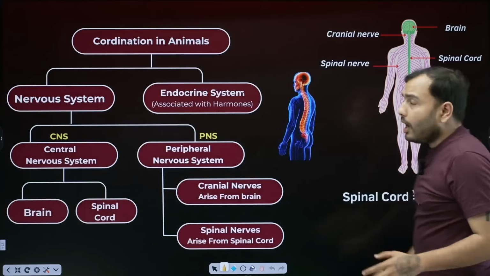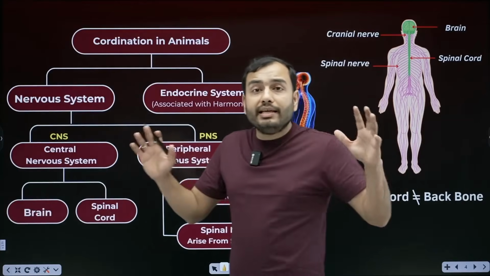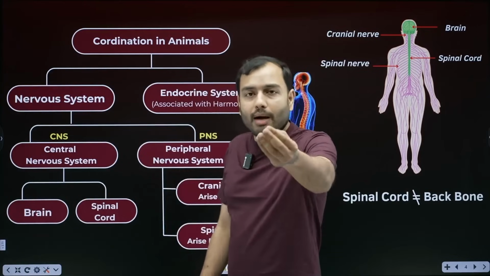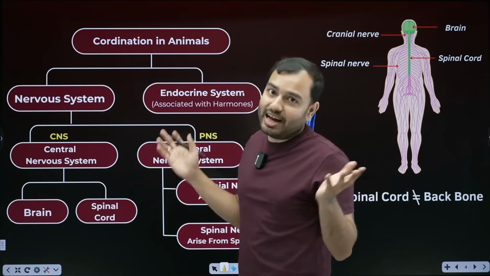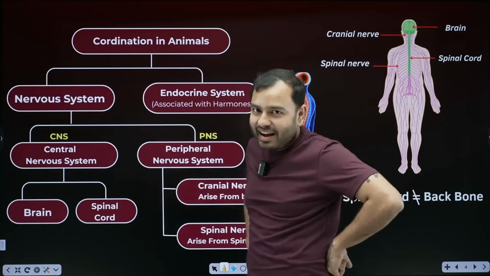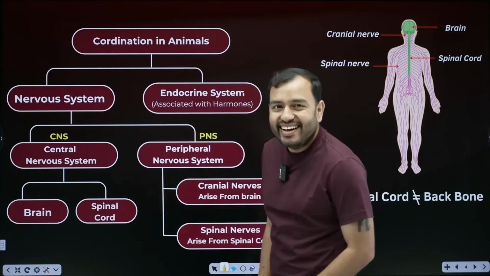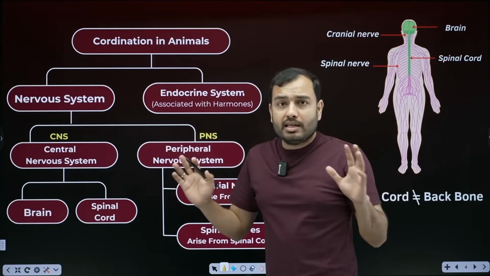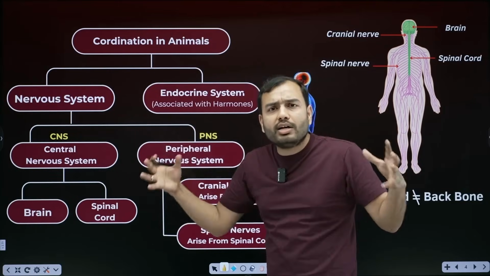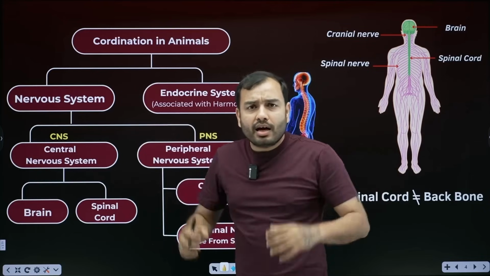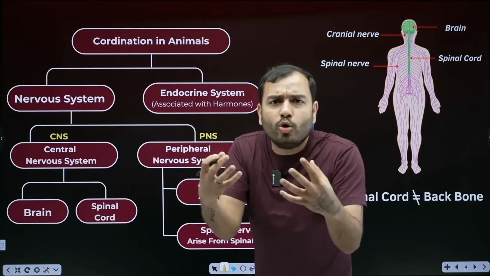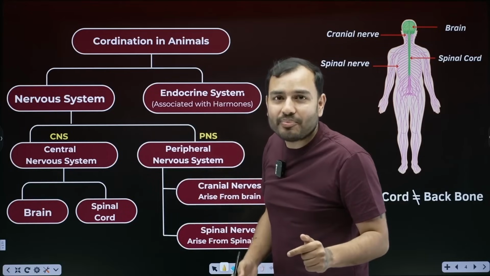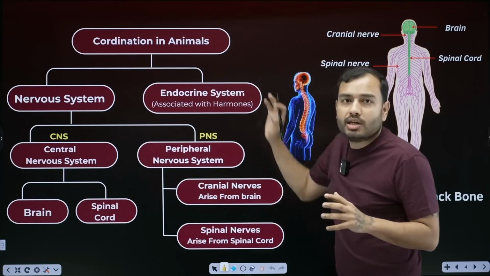Good. Now we have to study coordination in animals. Animal means human. Whenever I say animal, you imagine your own face. You are also an animal. Yes, biology says exactly that. Everyone's a donkey, okay. We have to study coordination in animals, that is, how different organs work together in humans and animals. How do separate organs work together? Who is making them coordinate simultaneously? Who is their master? This is what we have to study, coordination in animals.